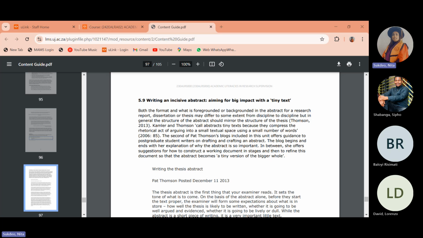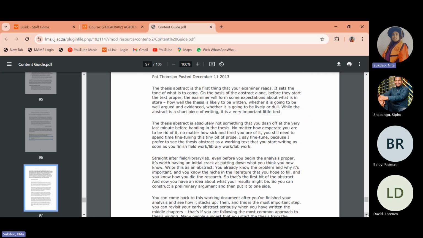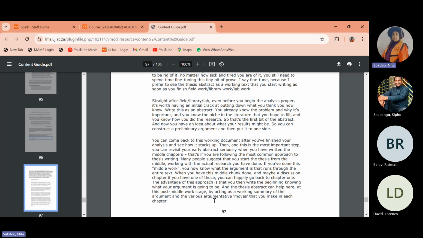Because remember, with an abstract, it has to be not more than 350 words, meaning that the maximum is 350 words. For a thesis, I think it's 500 words, right? So you have to look firstly at the word count that you have, and then look at breaking down those 500 words into sections. So what I generally do with the students, I take them through